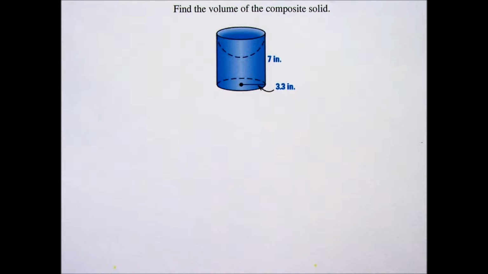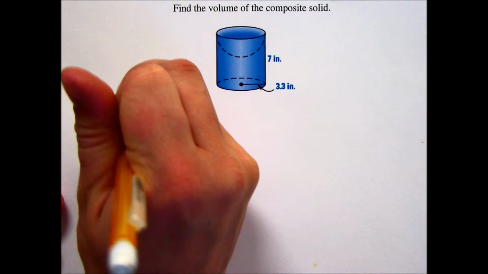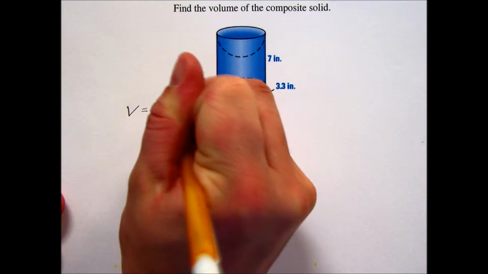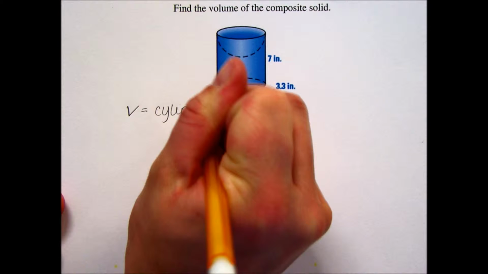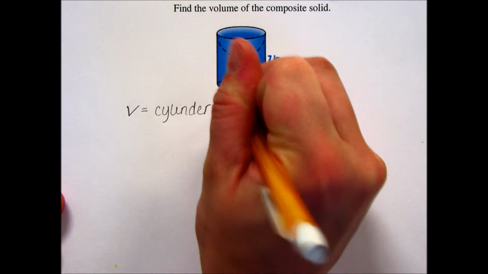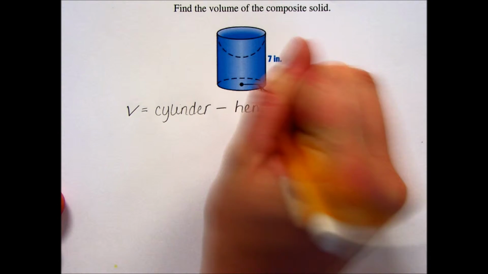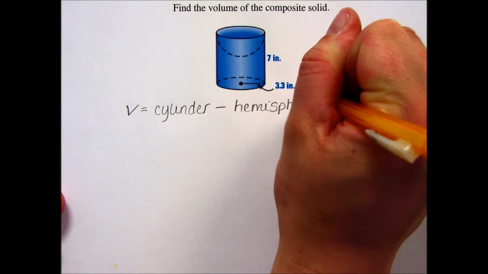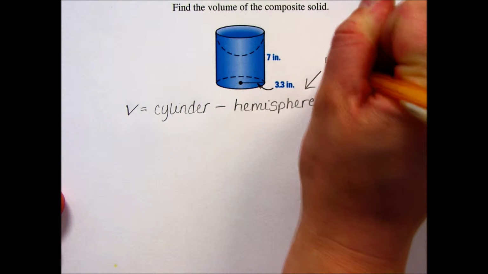Alright, so in this problem we are asked to find the volume of the composite solid shown, and what we're looking at here is a cylinder with a scoop being removed from the top, and we can think of that scoop as a hemisphere, which is half of a sphere. So to find the volume, we will find first the volume of the cylinder and then subtract off the volume